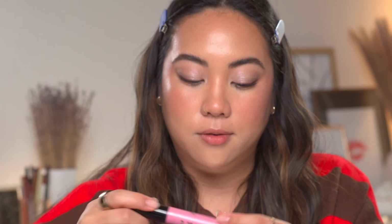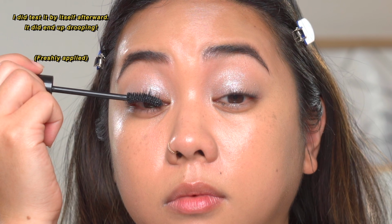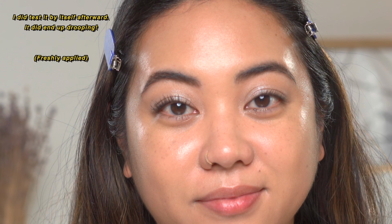These are the new Fan Club Fanning mascaras. I'm going to try the black, and I did use My Hair and Make mascara just because I always use this whenever I wear any mascara. It's my baseline. I know that's not necessarily perfect for an actual first impression, but I'm going to assume